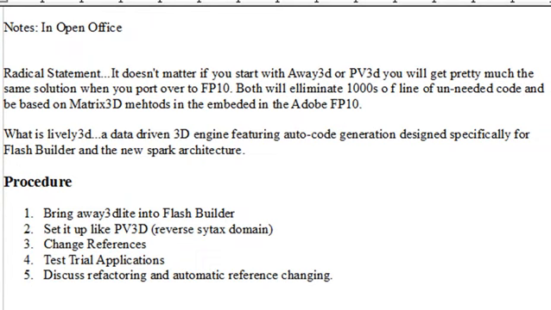So you're going to need an engine. You're going to bring it into 3D, and there's been two good ones out there. One is PaperVision 3D, and one is Away 3D. What we're going to do is build our own 3D engine, but we're going to start with something. We're just not going to start from scratch. Now, and here's the radical statement: it doesn't matter. It doesn't matter if you start with Away 3D. It doesn't matter if you start with PV3D, because in the end, your product's going to look very much the